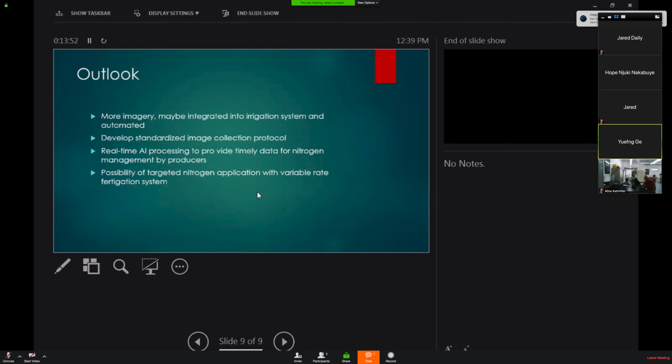You can continue to collect more images and make it a bigger database,